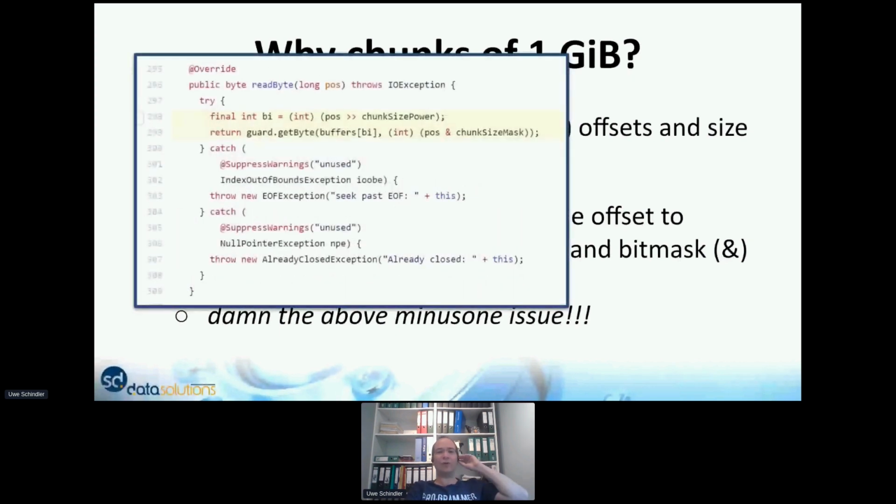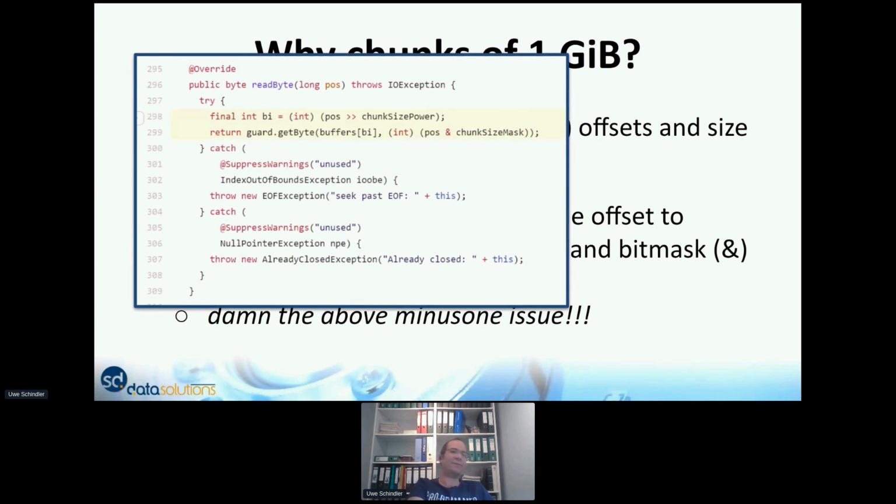If you look at the code of the memory mapped directory, basically for performance reasons, we don't do any calculations. We do some calculations up front, but we try to do our best to simply get to the right pointer. So in that case, we are just doing a bit shift, and then we are reading from the byte buffer. We don't do any bounds checks.